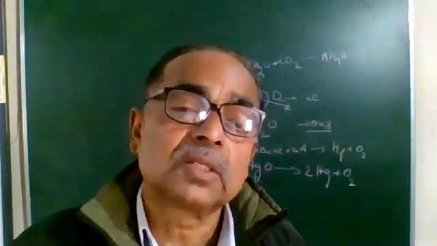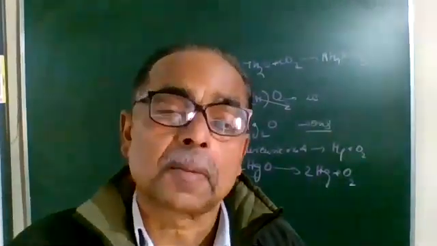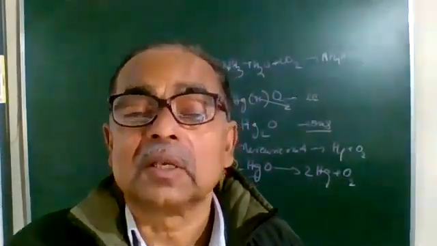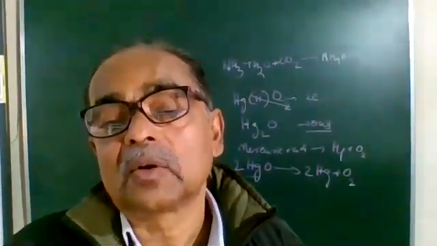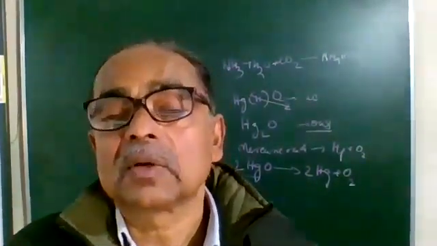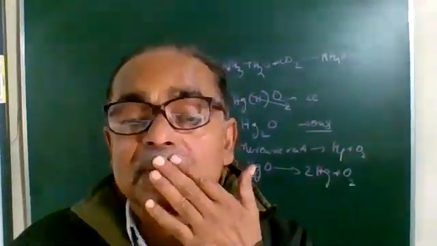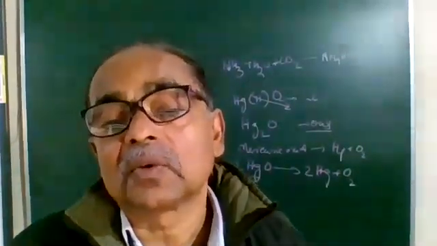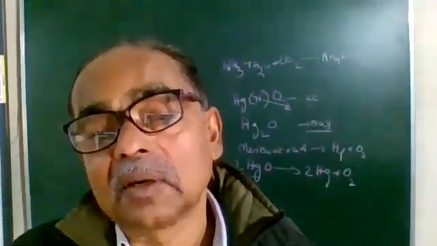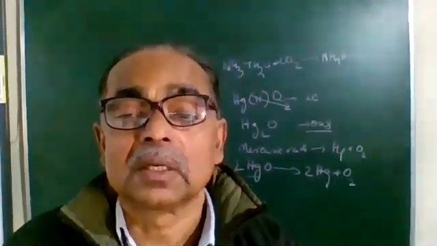Understood? The next one is photochemical decomposition or photolysis. And that is what generally takes place with all silver compounds. If you take a little bit of silver chloride and place it on a petri dish, after some days you can see that where it is placed, it turns black. Black and white photography depends on this photolysis. Decomposition by absorbing light. You understand it?